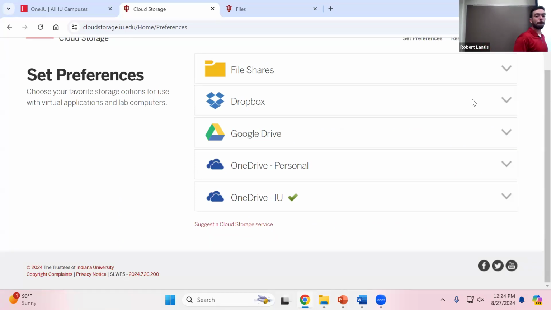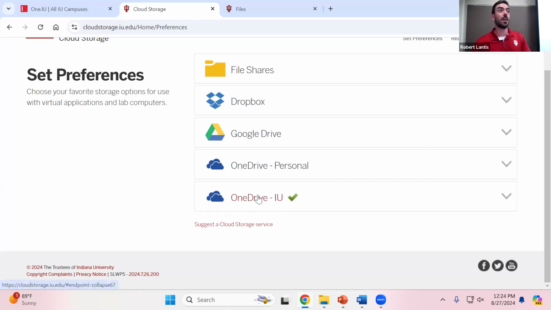Does it have to be OneDrive-IU, or can you use the personal one? I am not the most tech savvy person. I think there's a reason why it's important that you use the OneDrive-IU and not the personal. Like I said, I don't know exactly why. The program we're using, you're not actually downloading it. We're working off of a cloud system, like you're using a universal license. So there's something about using the IU versus the personal that screws with it. That's not a perfect explanation, but